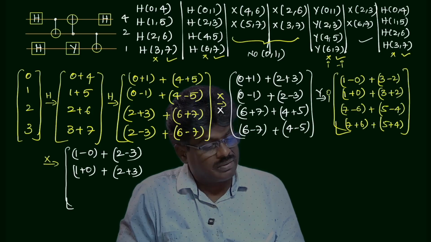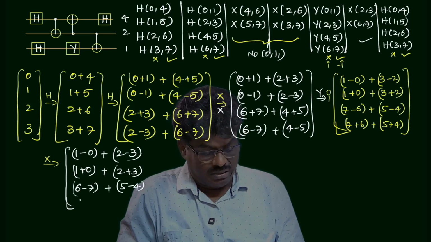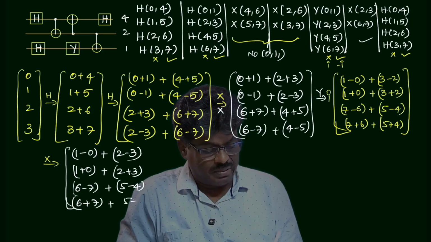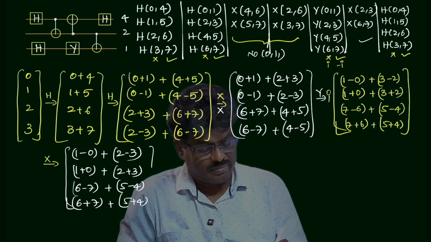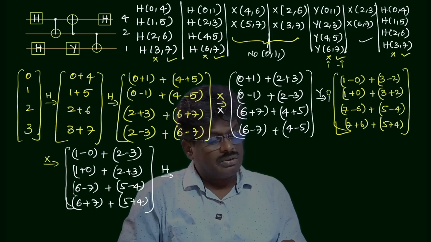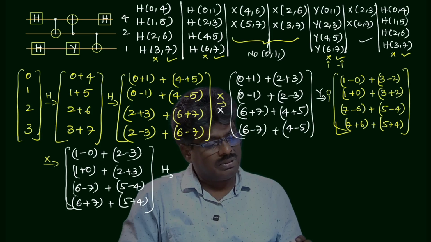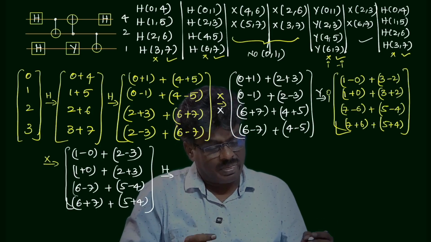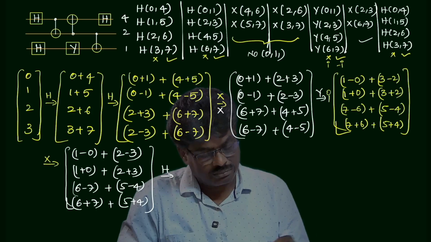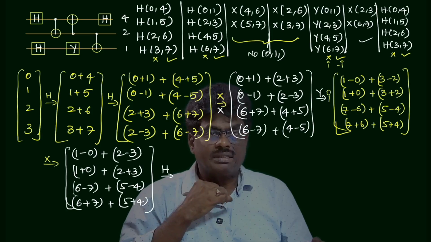Next 6 and 7 flip, that's why 6 minus 7 plus 5 minus 4 no change, 6 plus 7 plus 5 plus 4 no change. Next again we have to apply Hadamard. So here there is no combination of 1, 0, 2, I think nothing, you have to apply again. So here we have to finally apply this Hadamard operation,